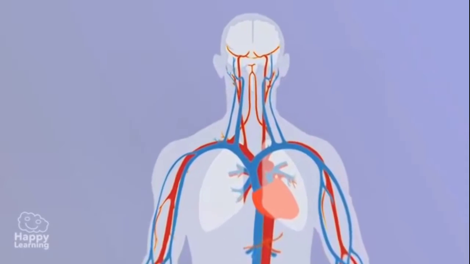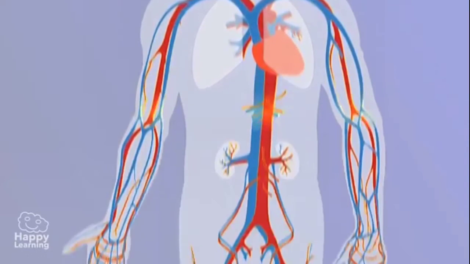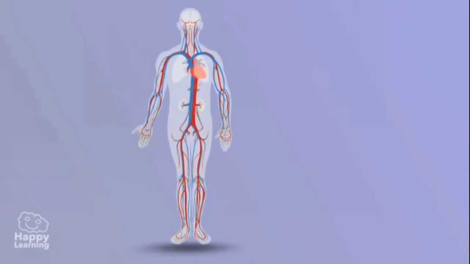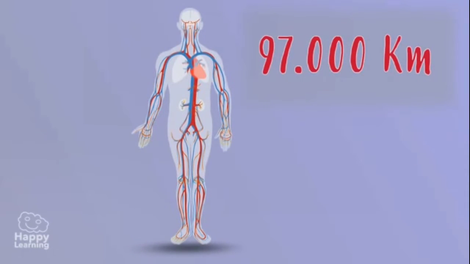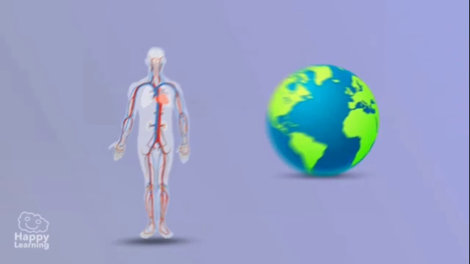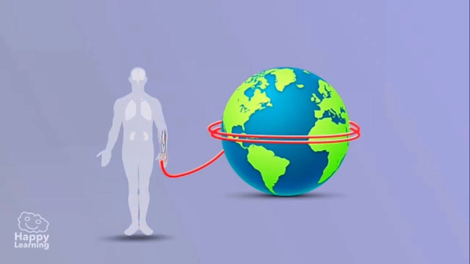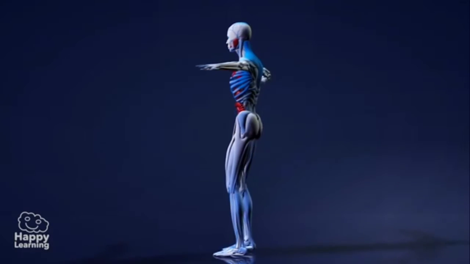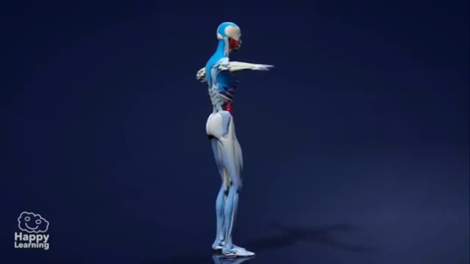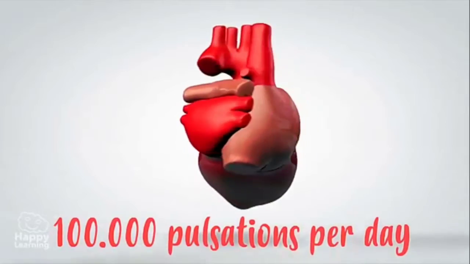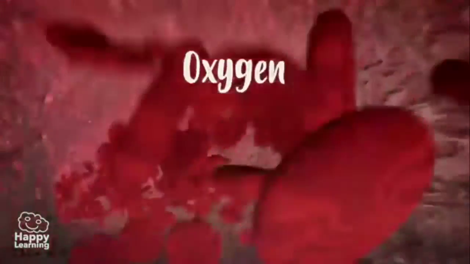I have a curiosity. Do you know how much all of the arteries and veins would measure together, put in single file? They would measure 96,000 kilometers, which would be equivalent to almost 2.5 laps of the Earth. It's incredible, right? The heart has the main role in making sure that the blood travels around the body. With its 100,000 pulsations per day, it ensures that blood circulates throughout our body, allowing it to distribute oxygen and